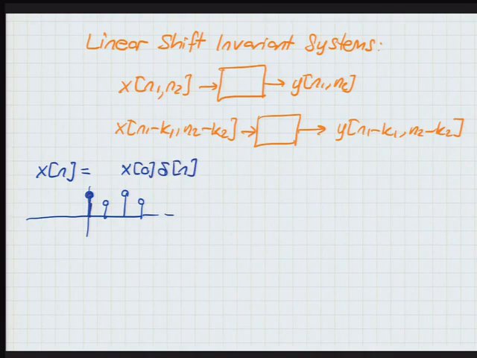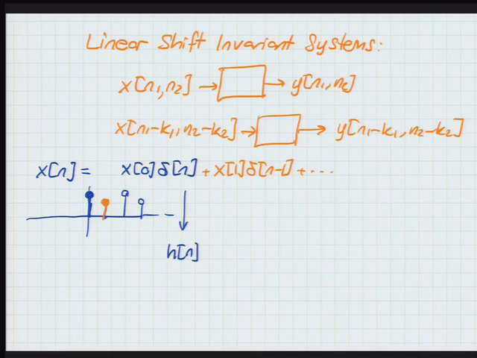Plus x1 of delta of n minus 1, which is this value, right? And plus all the others. Does that make sense? So each of these things here are a function of n, but they are non-zero only at a given value because of the delta involved in them. And then we said, well, since this is an LTI system, the output, if the response of the LTI system to delta is h,